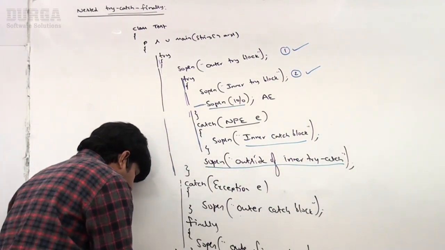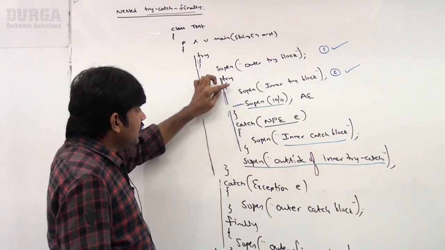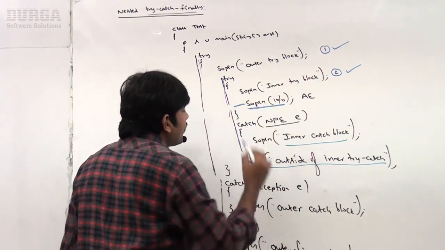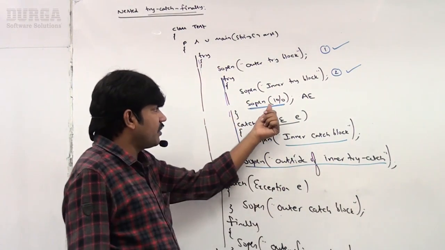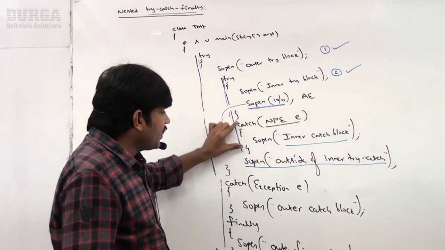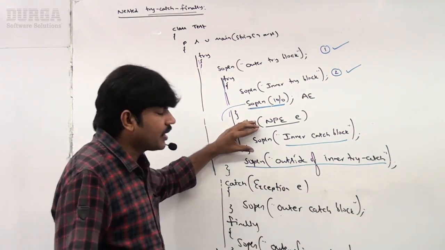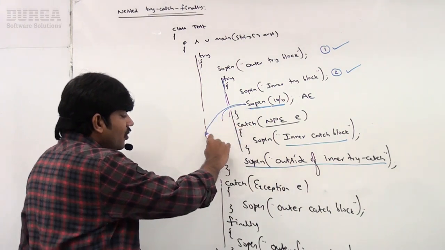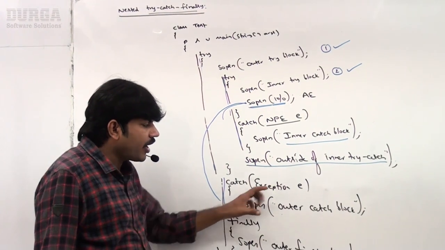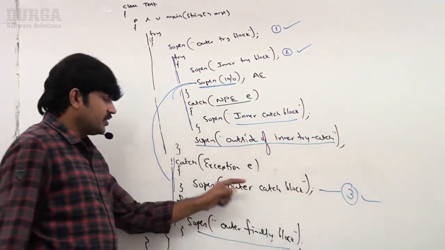So inner catch block is not matched. Then here see, first outer try block, next inner try block, outer try, inner try. Next here SOP of 10 by 0. Regarding SOP of 10 by 0, ArithmeticException. Immediately JVM will check, is there any inner catch block matched for this? No. If inner catch block is unable to handle, immediately the control will go to outer catch block. Okay, now sir, this is the statement 3 that will execute, sir.